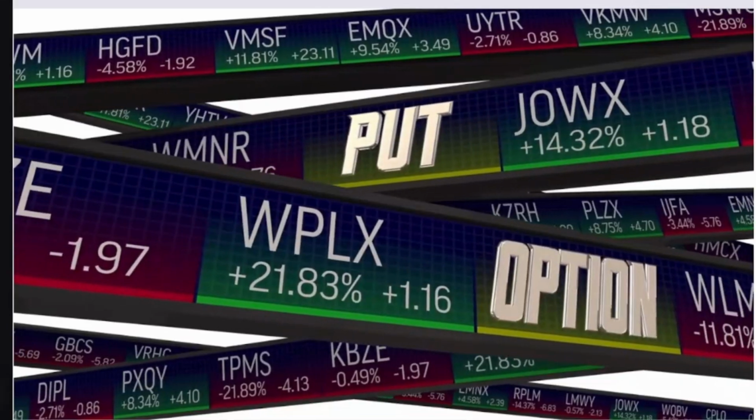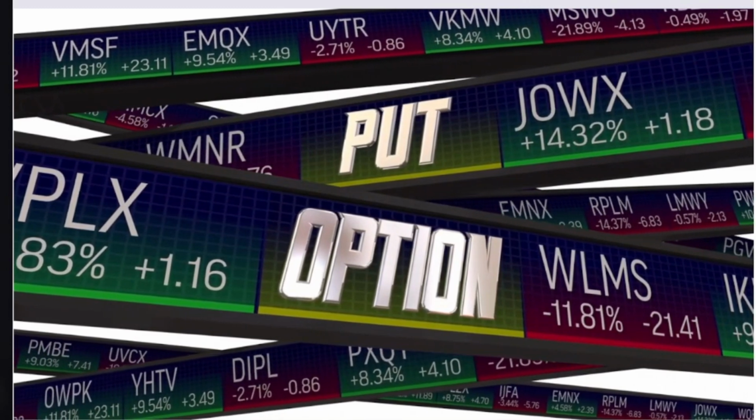Let's go through a hypothetical scenario in which you are bearish, or you think a certain stock price is going to go down, and you want to buy a put to capitalize on that. Let's use Apple as another hypothetical example, and the stock price is currently trading at $90. It's not, but in our example, it will be. And you want to buy a $50 strike price put for the end of the year.